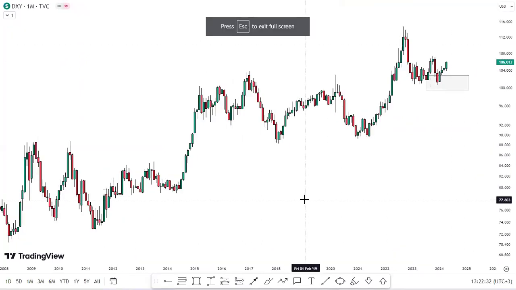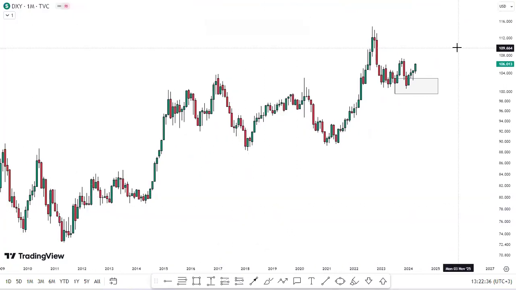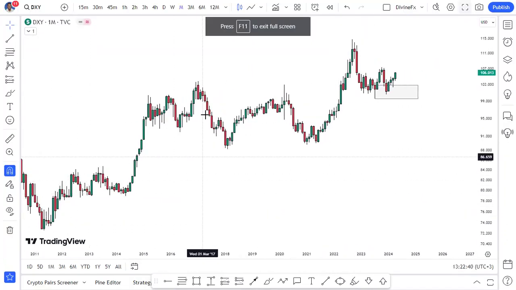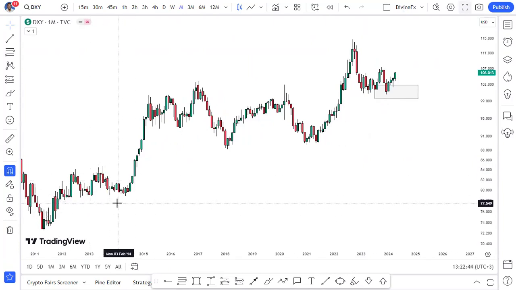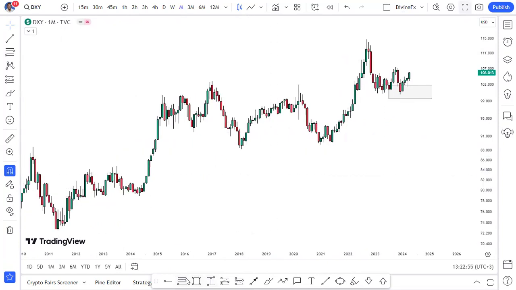As you can see here in this monthly time frame, this is the dollar index. The strength of this dollar index is very high. You can see price creating higher highs and higher lows by creating and breaking structures. This was our latest high, and the price broke it, and now price came and tested this break point, the point where price previously broke structure, the breakout